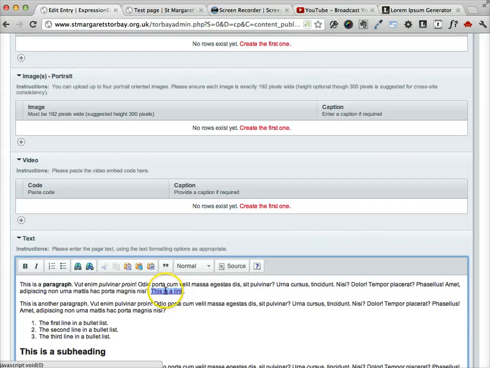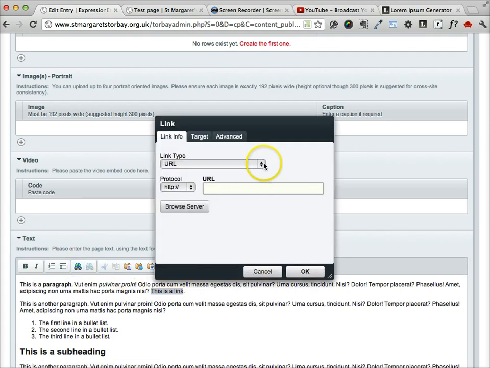Now if I wanted to remove that link, I'd simply put the cursor within the link text and click on unlink, and that removes it. Now say I wanted to make this into a link to a news entry